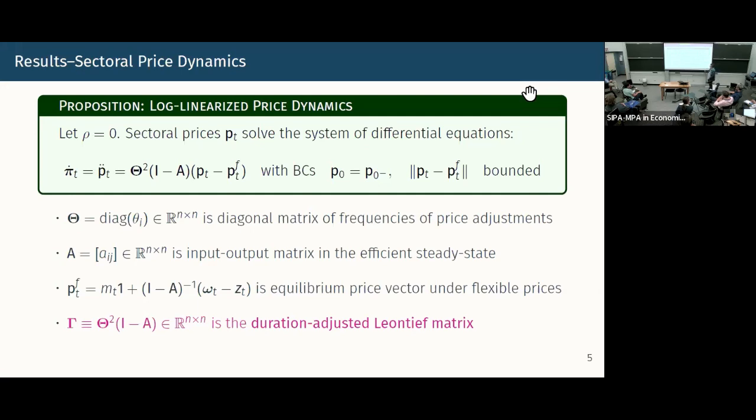So if you look at this equation, everything here is exogenous at the moment because monetary policy is directly setting M, either exogenously or as a function of the shocks. And shocks are just by definition exogenous. So my differential equation has a force term, which is governed by the shocks, and a coefficient that depends on price stickiness and the input-output structure. Which also means that I have arrived at a sufficient statistic result, because if I know theta and the input-output structure, and I take a path of shocks as given, I know how prices in the economy will evolve over time.